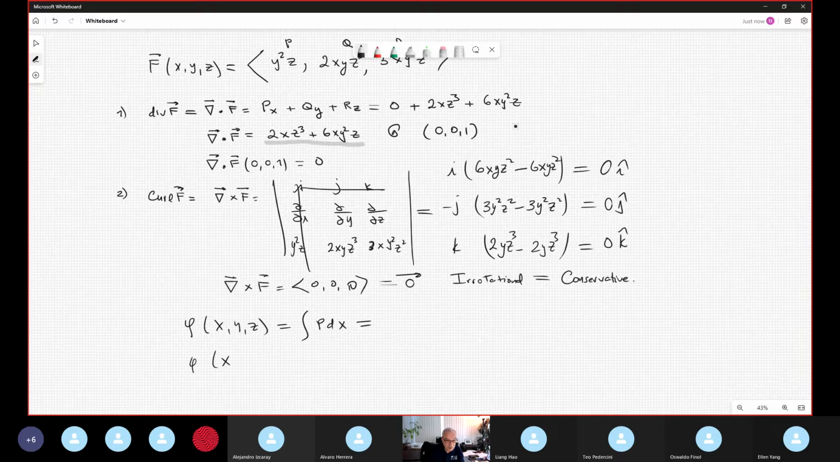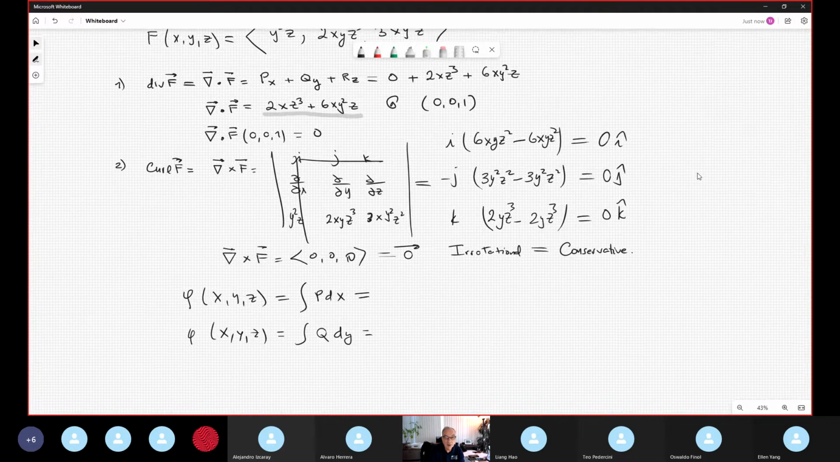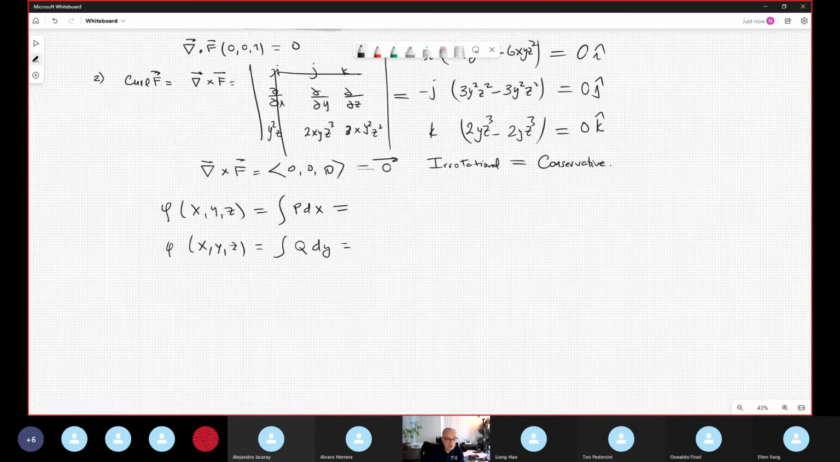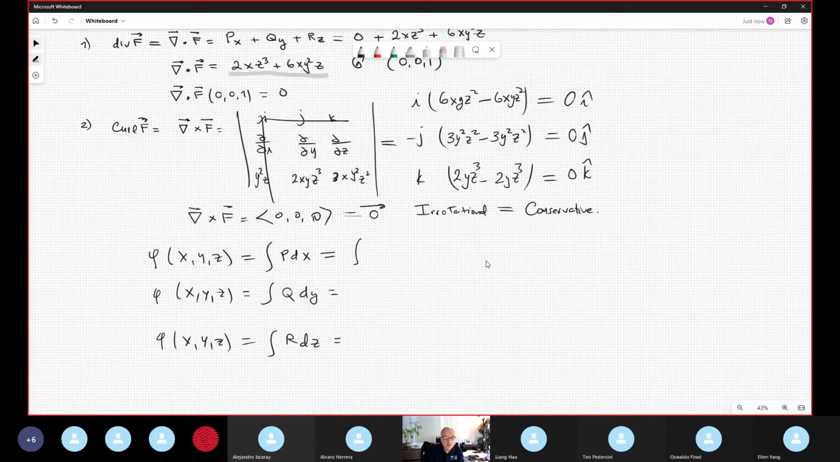Phi is the antiderivative of Q with respect to y. And phi of x, y, z is the antiderivative of R with respect to z. Well, professor, but we have three potential functions? No. Let's see how. When you compute the antiderivative of the first component,